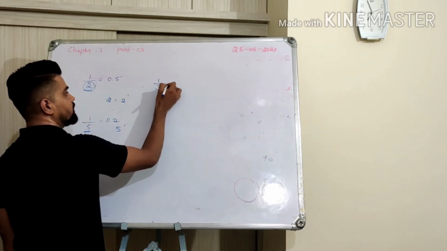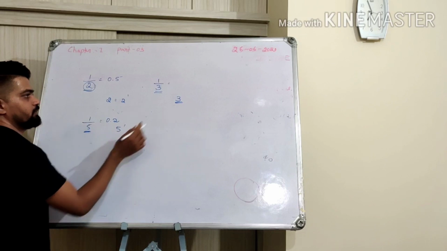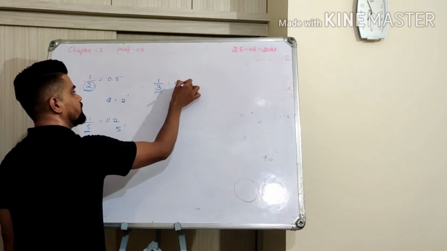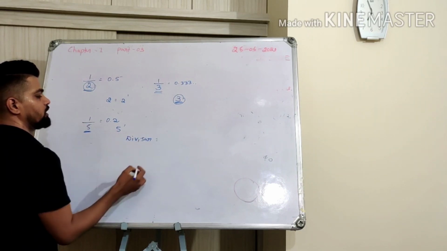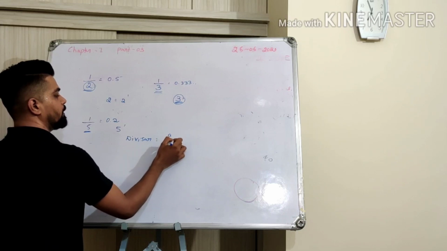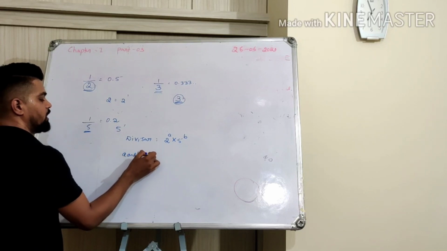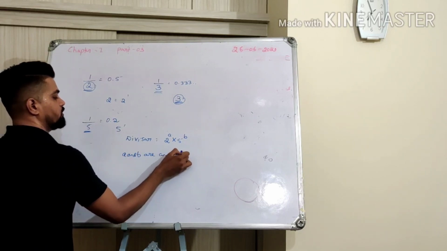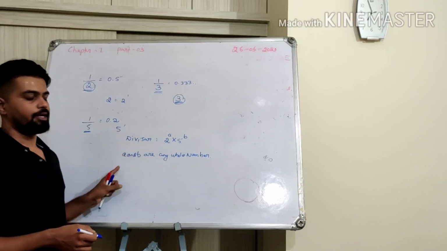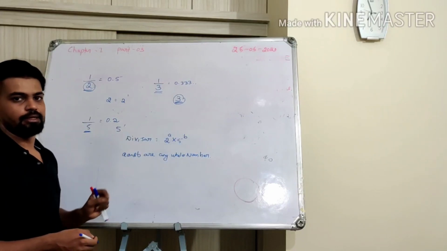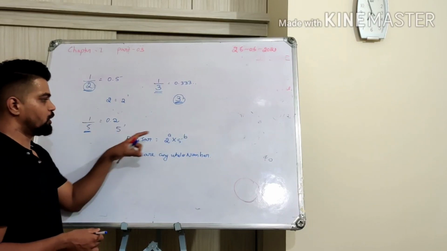So let me take 1 by 3. Here in this 3, we don't have 2 or 5. So that is the reason this will never end. So what do you mean by that? Any divisor we are talking about should be written in the form of 2 power a and 5 power b, where a and b are any whole numbers. That means the divisor of a number, that is the number in the denominator, is written in the form of 2 power a and 5 power b. Maybe in the book you can say 2 power m and 5 power n, where m and n are whole numbers. Now taking a and b.